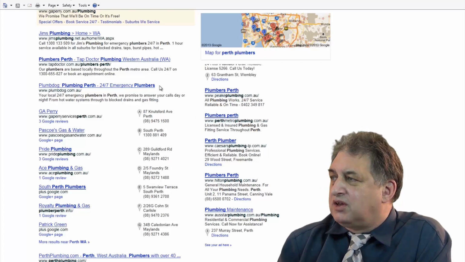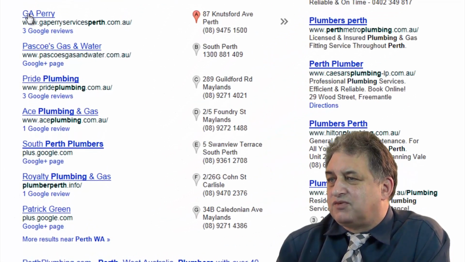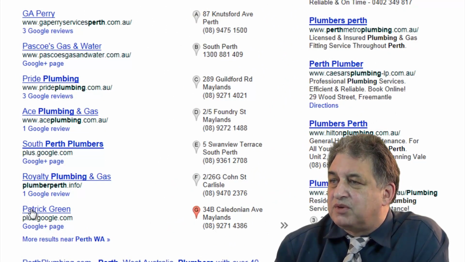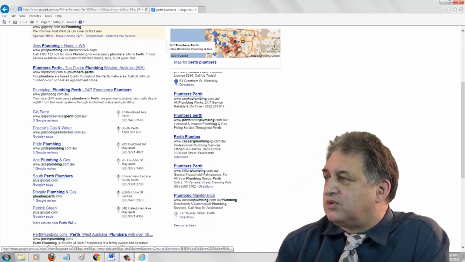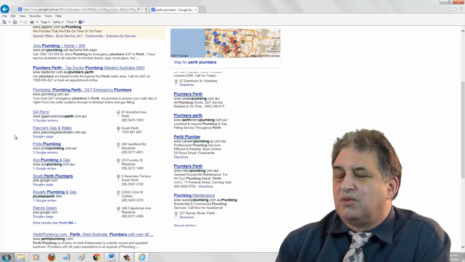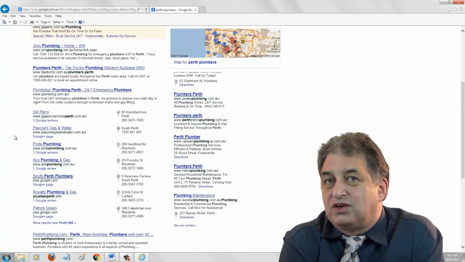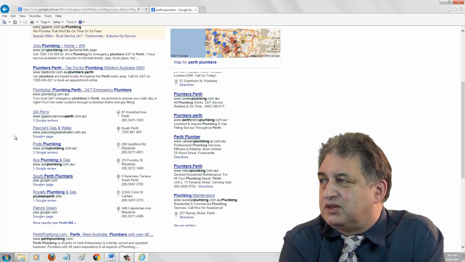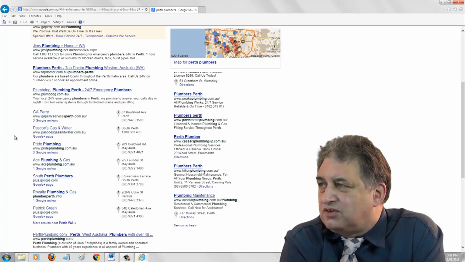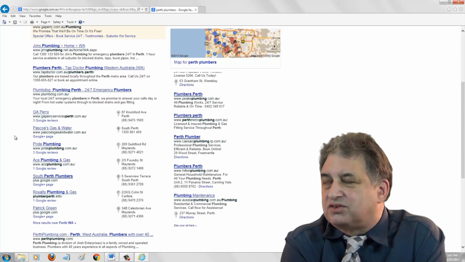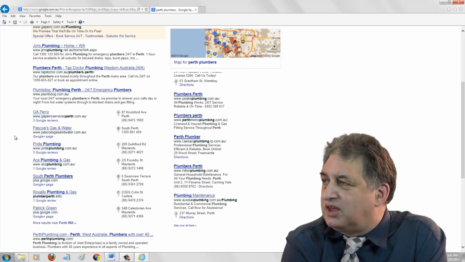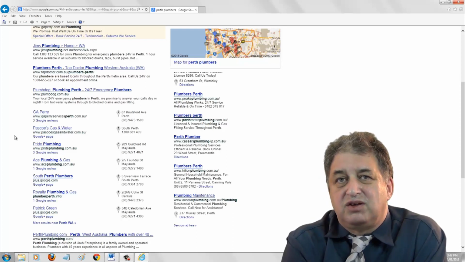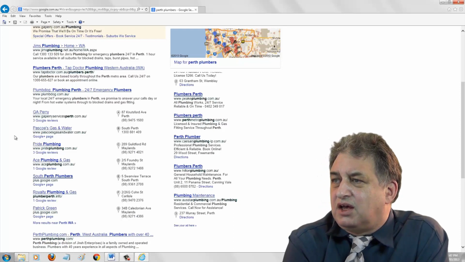Then it comes down to the fact that if you've got, in this case, 7 different companies being displayed, one is at the top and one is at the bottom. And the reason for that is partly to do with closeness to wherever you search for, but it's also to do with how well the actual Google Places page itself was optimized, because when it comes to search engine optimization, it's not just one thing you do and then forget about it. There's lots and lots of little things and lots of different elements. And here's an example where you can apply for this Google Local Page, totally free. You just got to know where to go and get it.